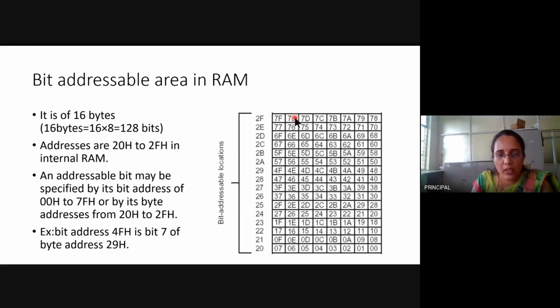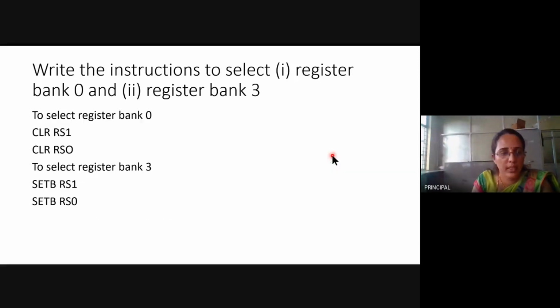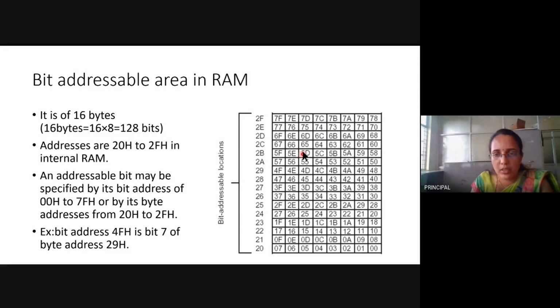You can use this bit addressable area with bit manipulation instructions like set bit, clear bit. By using them, you can access each and every single bit of this area. So overall, there are 128 bits in the RAM that you can access for reading and writing.